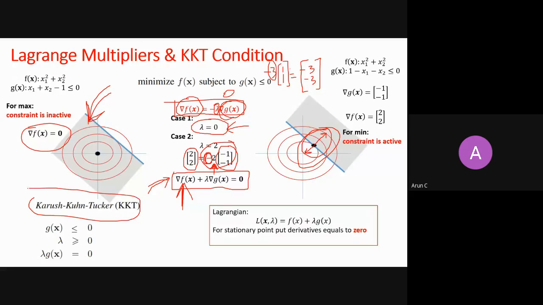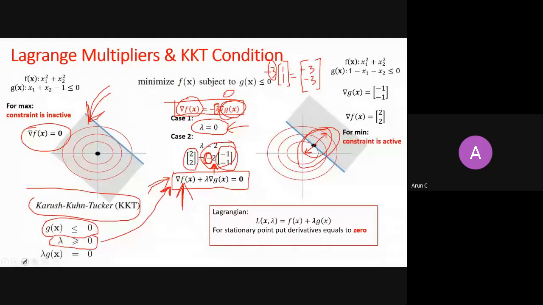So if you don't have any questions, let's see what the KKT condition is. In the KKT condition, I myself said that my constraint is in this form, right? So it always holds. I say that lambda is always greater than or equal to 0 because of this condition, right? Just to hold this situation, my lambda is always greater than or equal to 0.